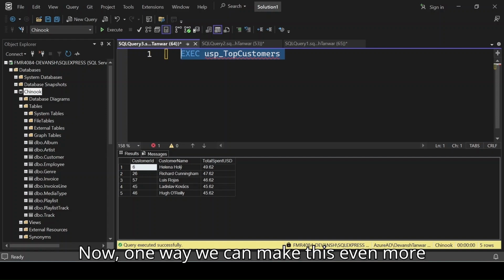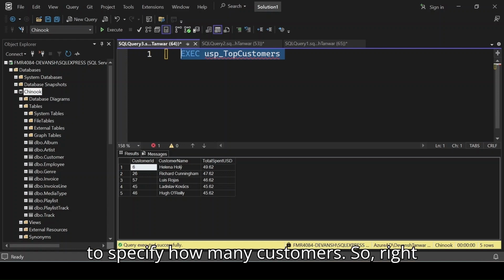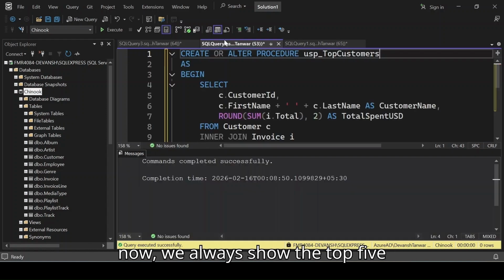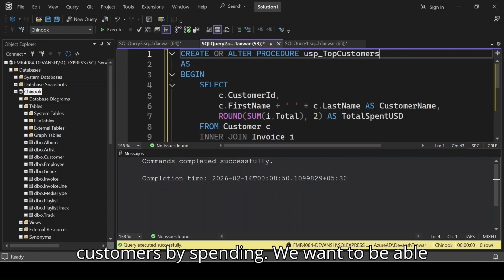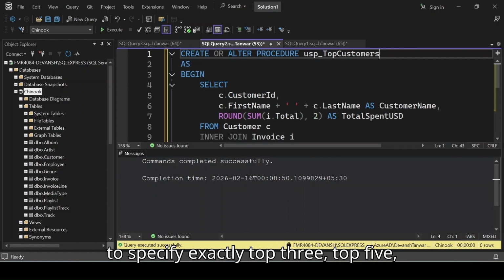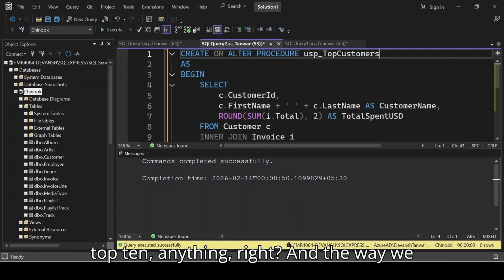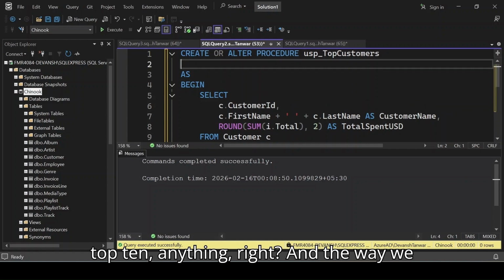Now one way we can make this even more useful is to give ourselves the ability to specify how many customers. So right now we always show the top 5 customers by spending. We want to be able to specify exactly top 3, top 5, top 10, anything, right? And the way we can do that is by specifying a parameter for this procedure. So let's do that,